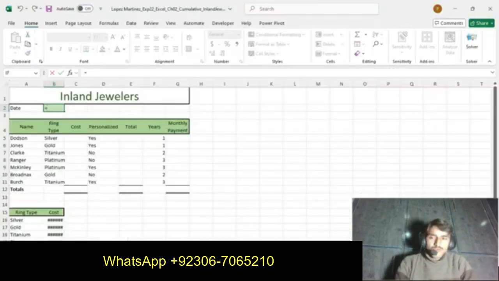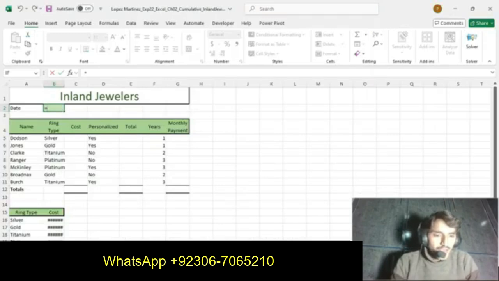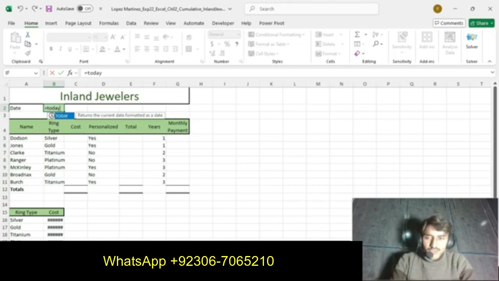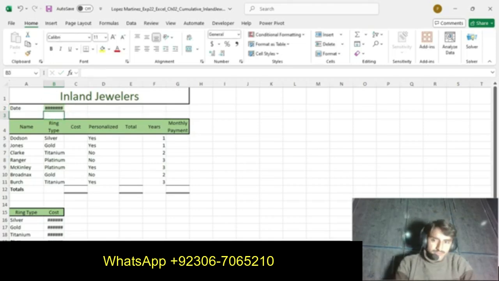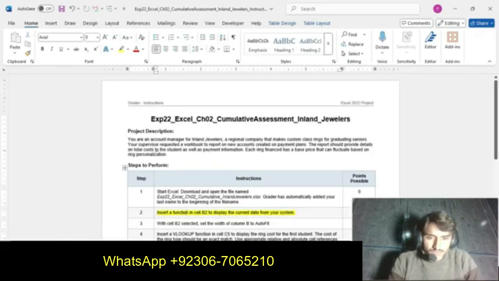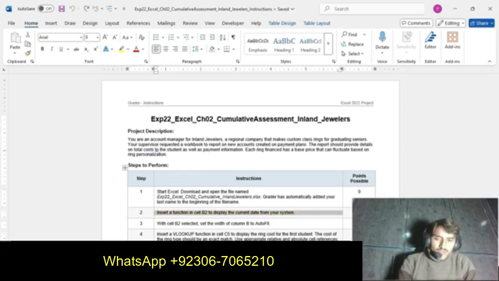We apply the TODAY function and we get our date as the result. So our step number 2 is completed.